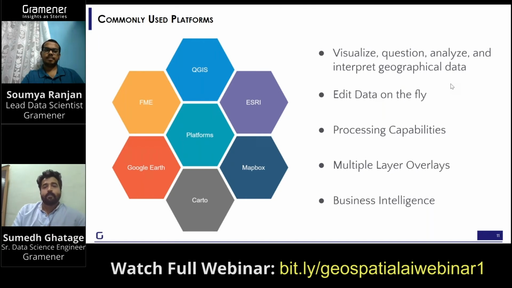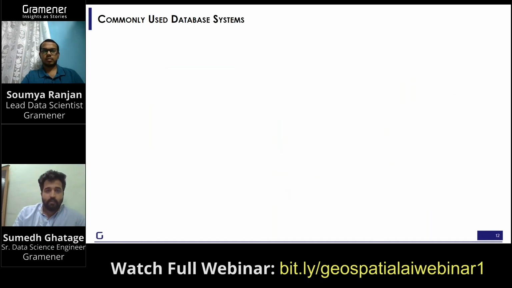These platforms come with processing capabilities for processing the geospatial data sets. For example, addition, multiplication of different satellite bands, as I showed you, like NIR, red and green band, or the red, green, and blue bands. So we can add, multiply, since these are data sets like raster and vector that can be manipulated this way on these platforms. And as I showed you in the vector data set, the overlay, so we can see multiple things in a simple overlay of this.